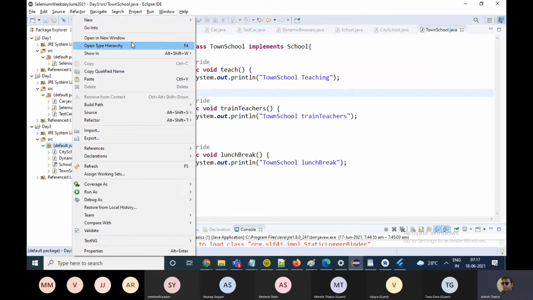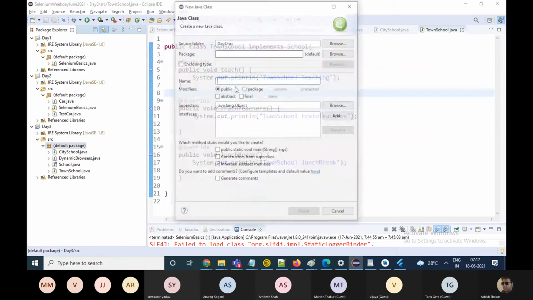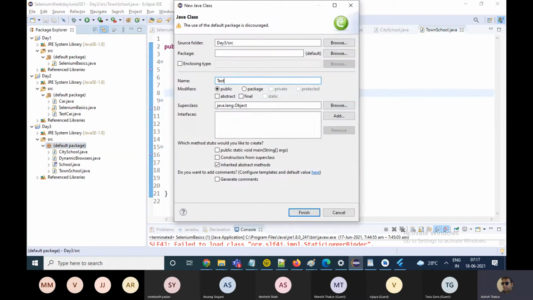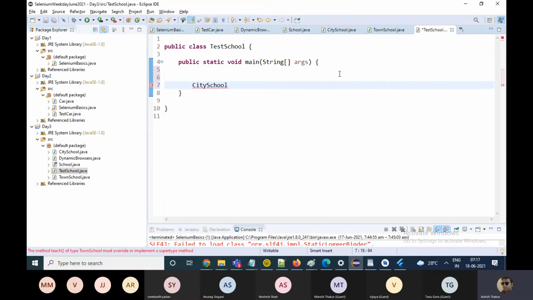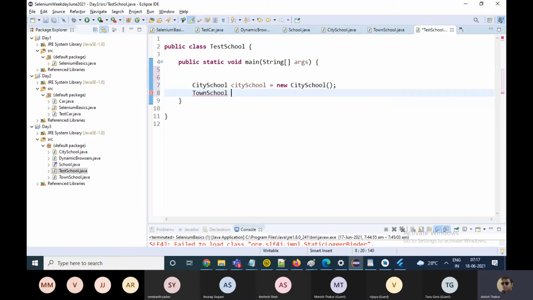If I make a new class known as say test school, and this class will have main function. Out here, I can create objects. I can create object of the city school class, and I can also create objects of the town school class.